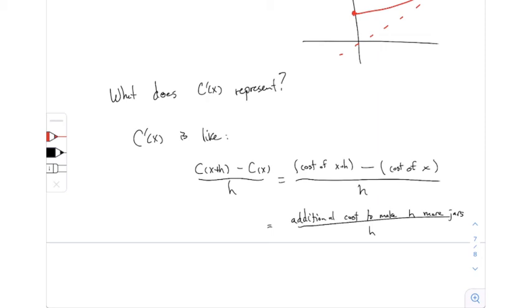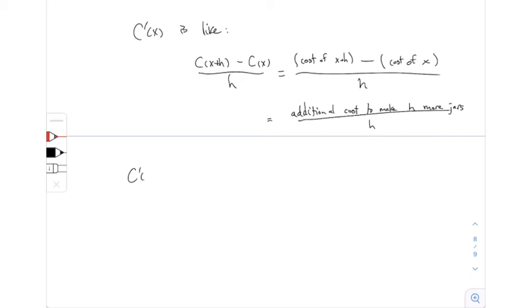So really what we're talking about here is kind of the extra cost per jar if you decide to make more jars. That's what this fraction represents. I say cost per jar because you're dividing by h. So if I make h more jars, but then I divide by h, it'll be the extra cost per jar. So the meaning of this here,